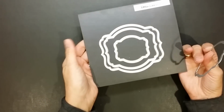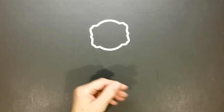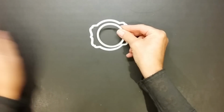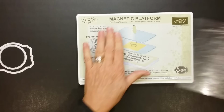I also keep my labels on these wonderful, uber thick magnetic sheets from Stampin' Storage. I'll share that information on the video, as well as the Stampin' Up! Circle Framelits dies. And I'm going to use this particular size. See how those fit together? And then the real Cadillac is going to be using the, I'll turn it this way for you, the magnetic